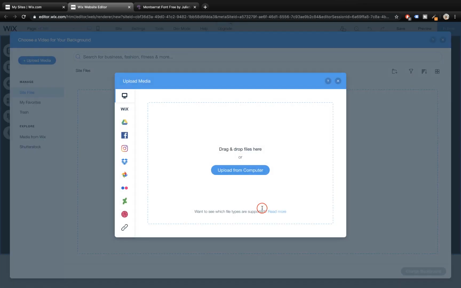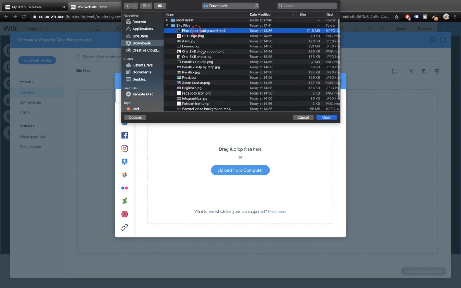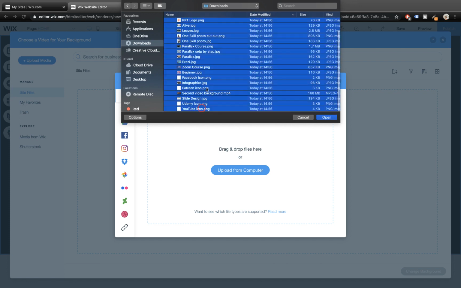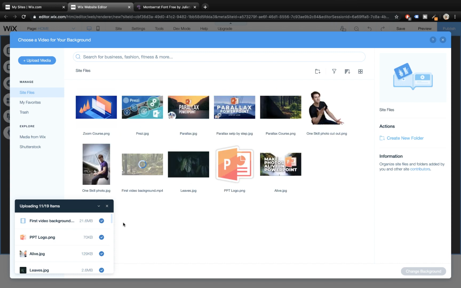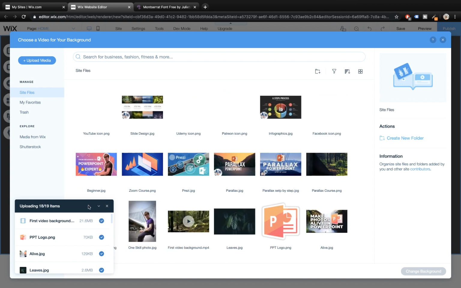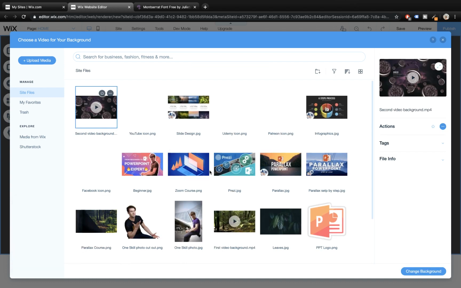So let me actually add all of the videos and all of the images that we'll be using in this website. So I have placed all of the media in one folder. So let me just select all of the things that we will need in this website and let's just import everything. This way we will save some time. Alright, so all of the files have been uploaded